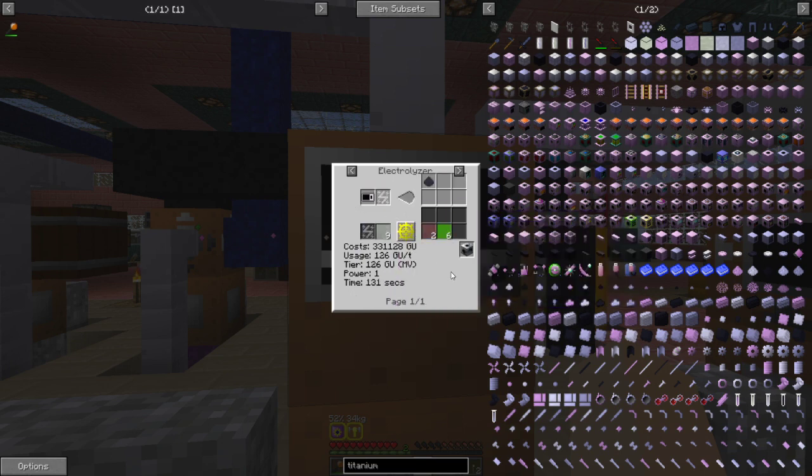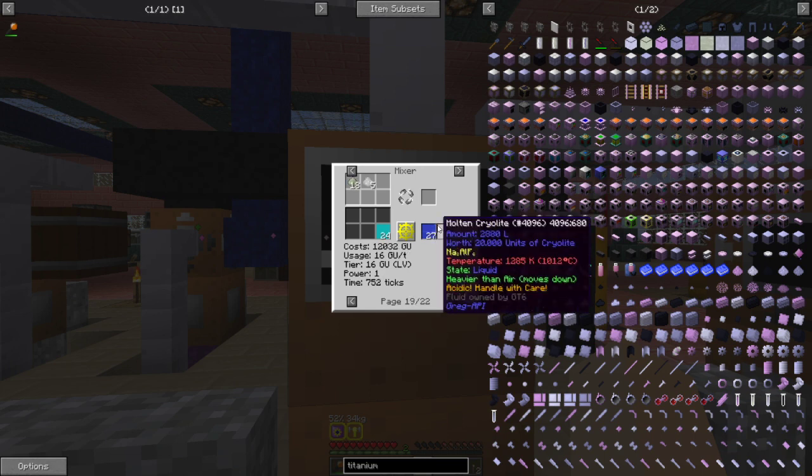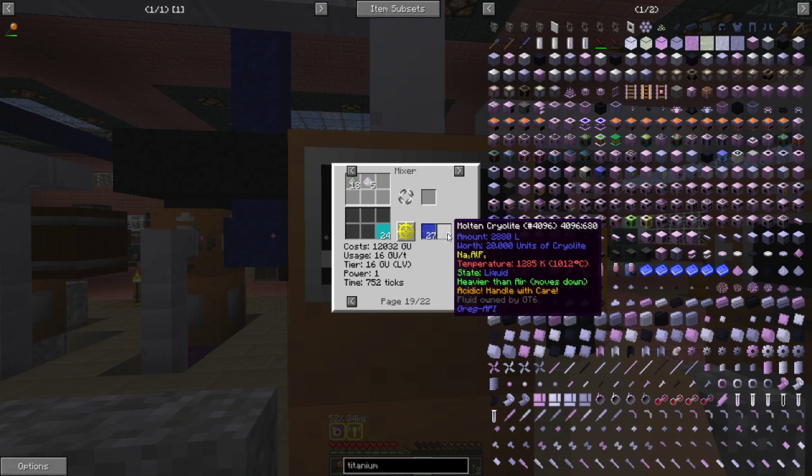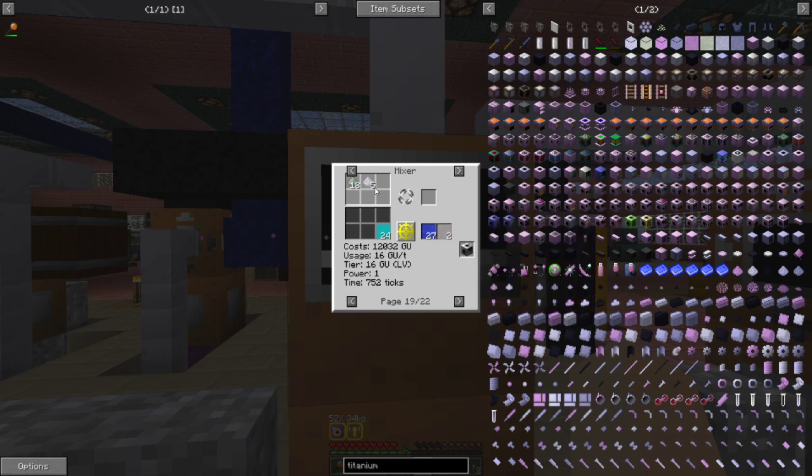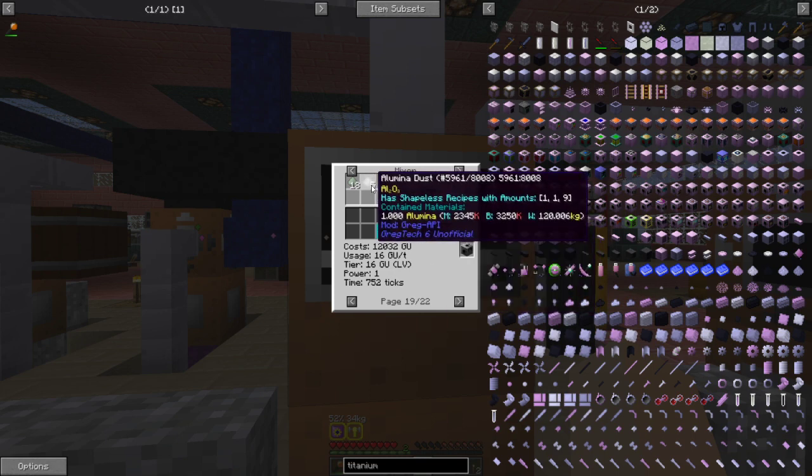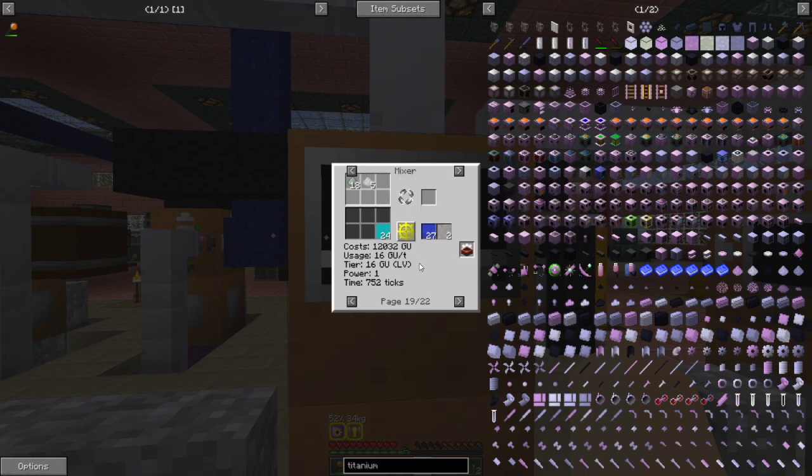So first is, let's go for the other one first. It's a pure process cryolite. There we go. So for the cryolite, you'll need to take a little bit of the alumina over there,